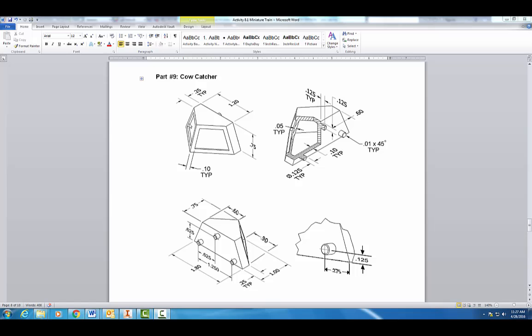Alright, welcome back. Today we're going to learn how to make the cow catcher here, part of our train, part number 9. So let's come back into Autodesk,